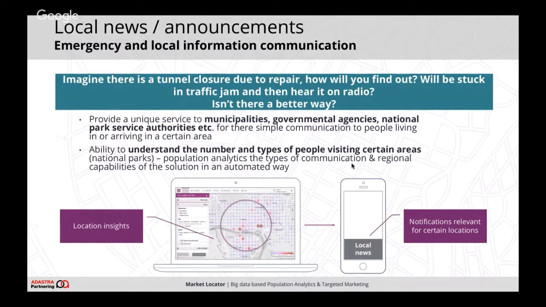And yes, I could be somehow collecting this data upon their arrival, but definitely not such a rich insight into what's happening there. And then also the ability to communicate with a certain target group of people, let them know about interesting things, interesting events going on right now. And providing this ability as a new service to local governments and local municipalities.